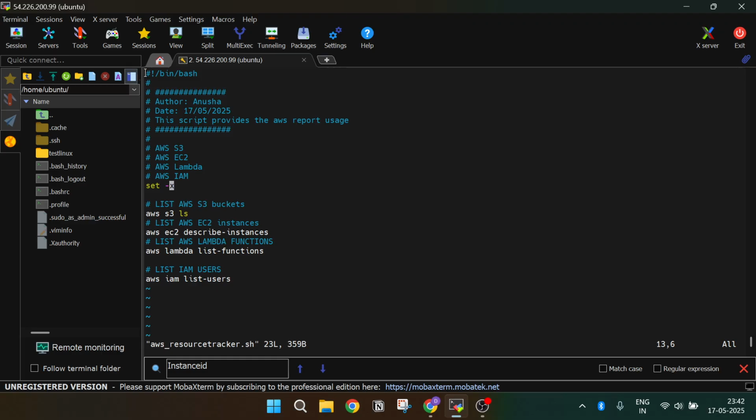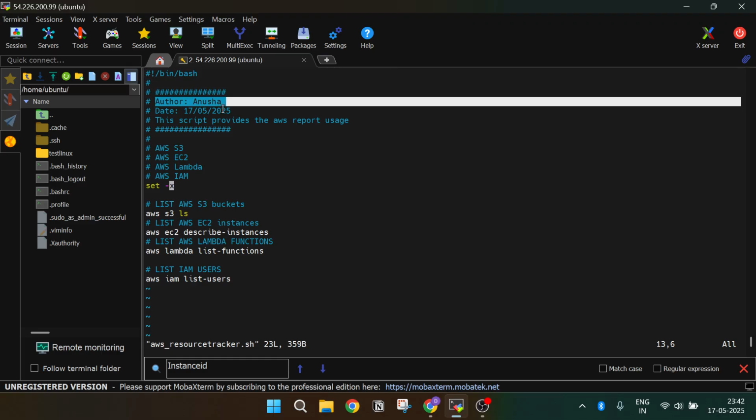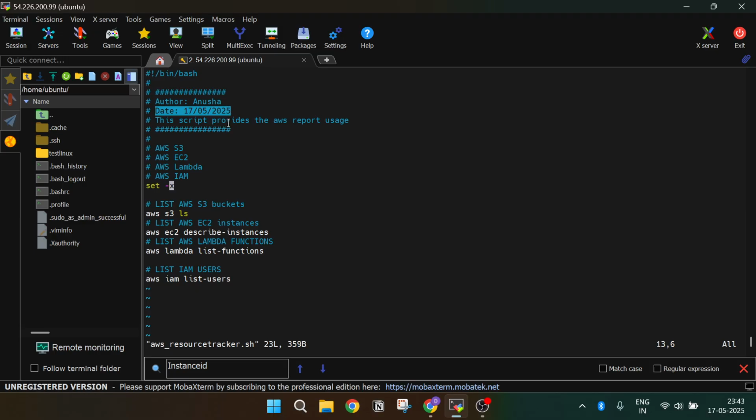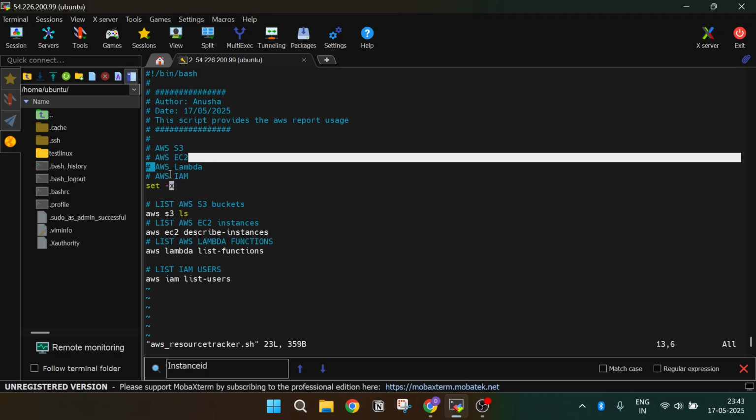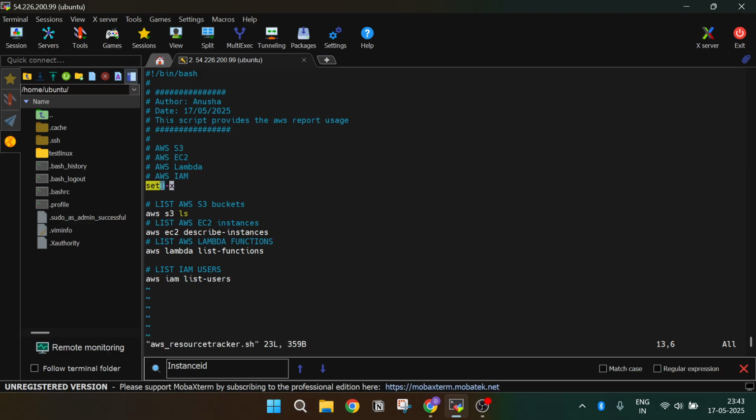So here we have written a shebang, and then the author, my name, the date, and the information about what this script gives. It gives AWS S3, EC2, Lambda, IAM. set -x is used for debug mode. And here we want to list